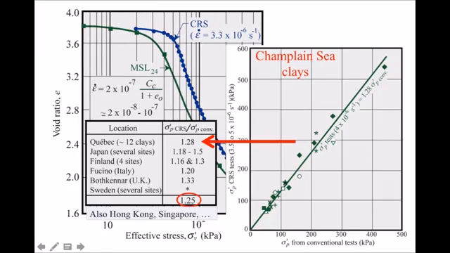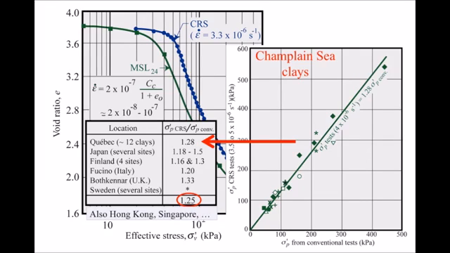And because of that, it appears that the pre-consolidation pressure obtained in CRS tests is typically 25% larger than that obtained in conventional 24-hour test, which means that if you want test for a CRS1,